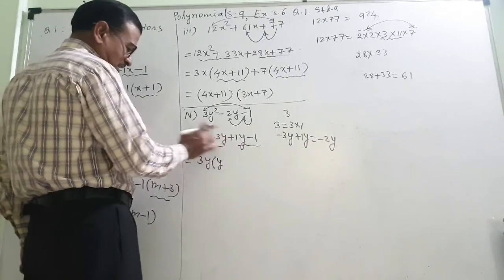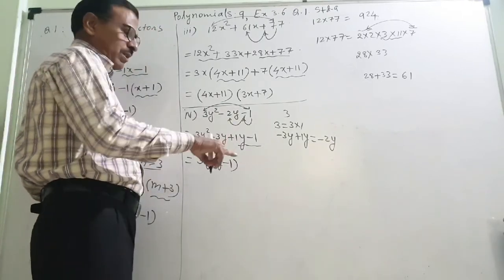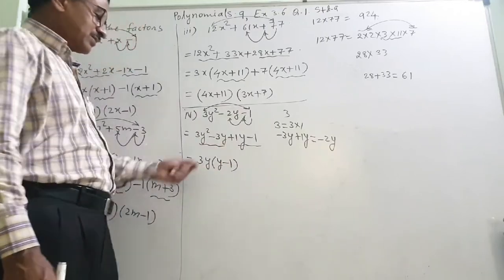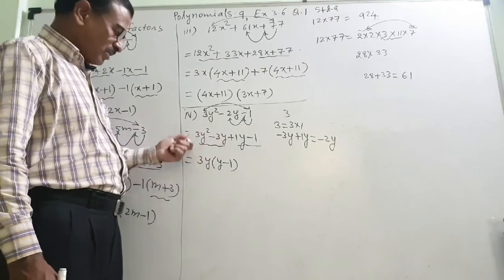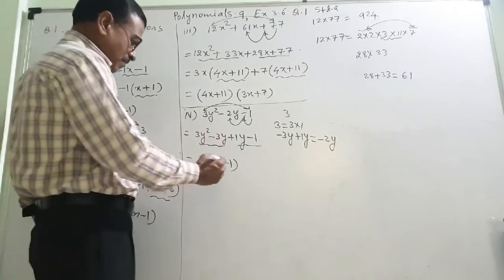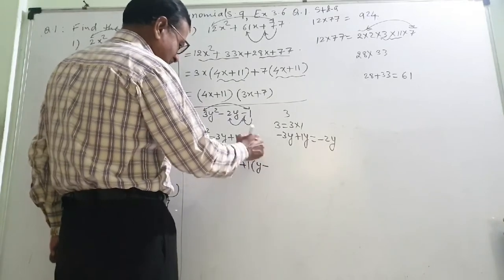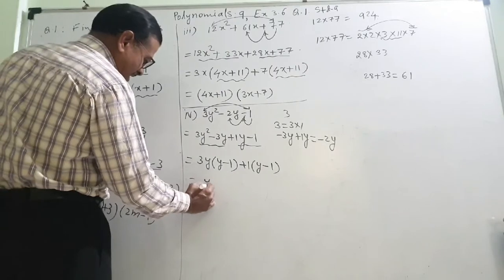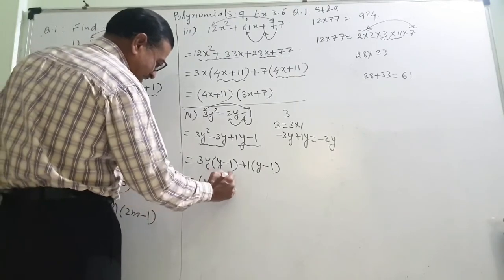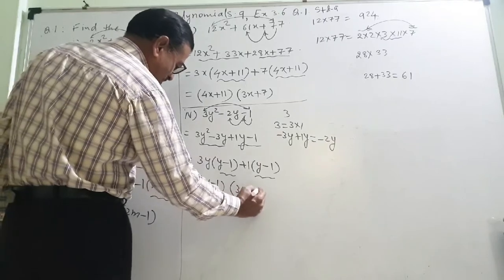Minus this, everything is taken, so minus 1 is remaining because it is 3y into 1. Some students are writing, sir, this is taken means 0 is remaining. No, taking out means we are dividing by it. Plus here 1 is common, y minus, this is 1 into 1 means 1 will remain. So this is y minus 1, this bracket is common. So what is remaining is 3y plus 1 into another bracket.